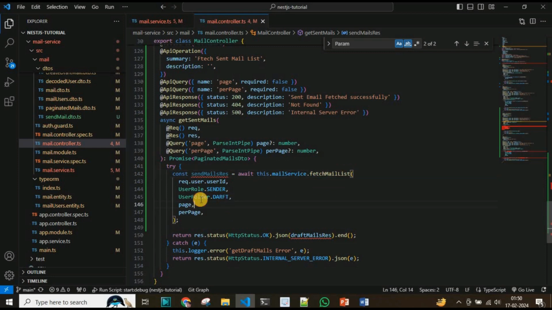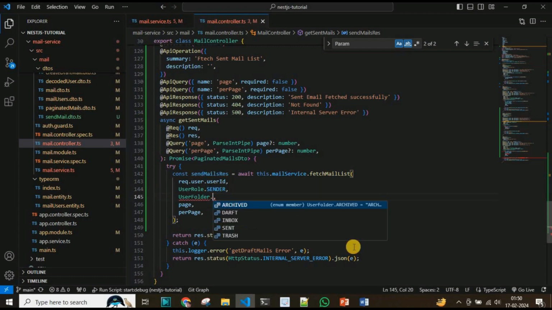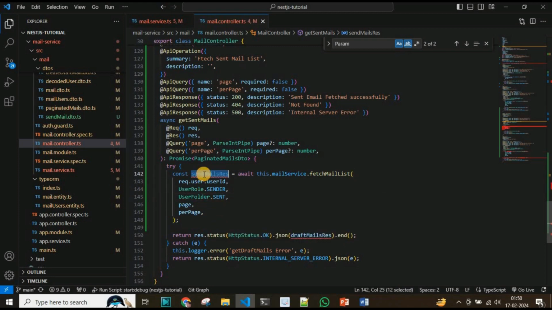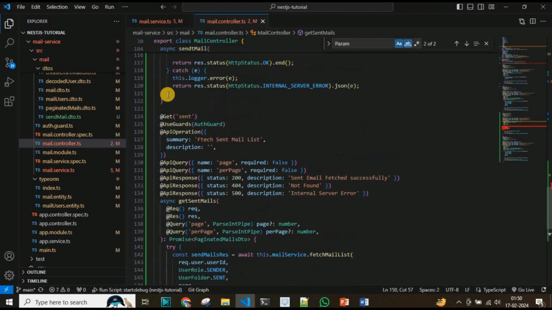And fetch mail list, it will be there. The user role will be the recipient or the receivers, and the user folder obviously. Now for the send, the user role will be the sender. It's correct, but the folder will be send. And now it's fine now. Similarly, I will copy it